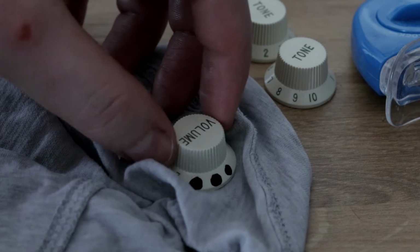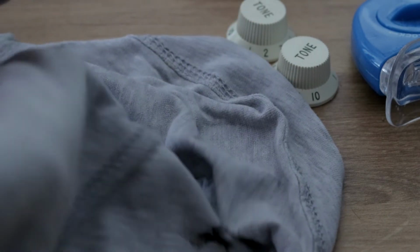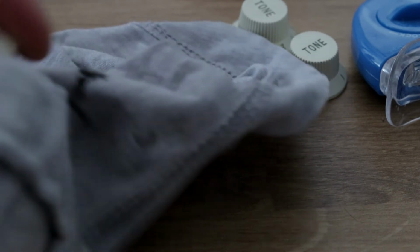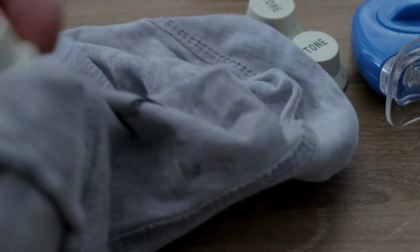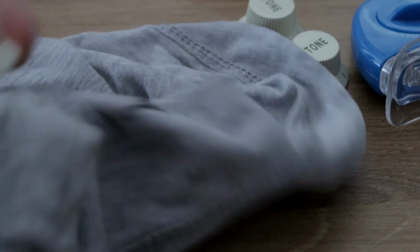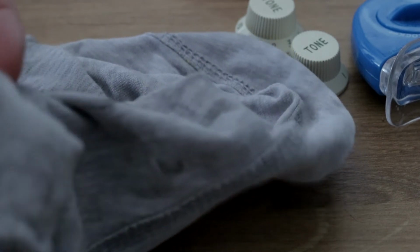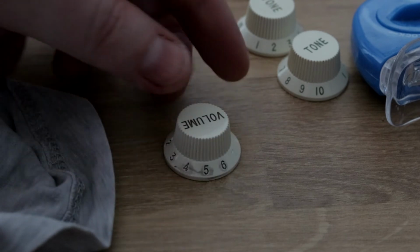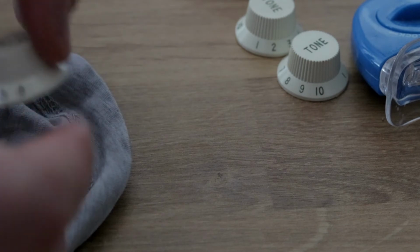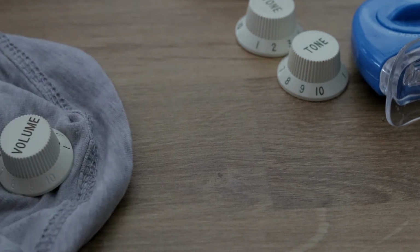I mean, this is ridiculous. What am I doing? Should just buy new knobs. Yeah, it's already stained, but it's okay, I can remove that later on. Let's do the rest. I don't want to stain the...